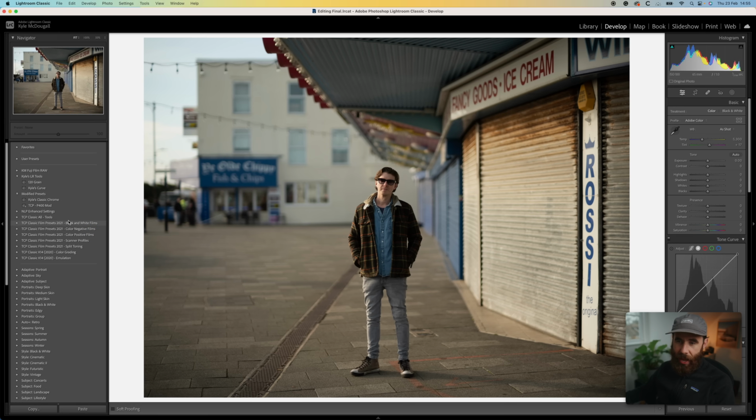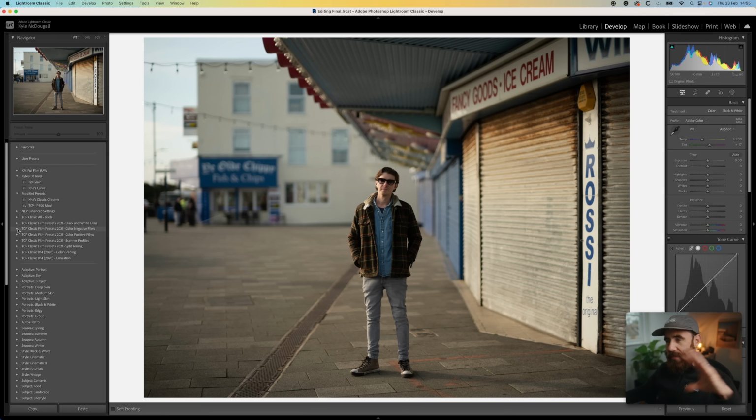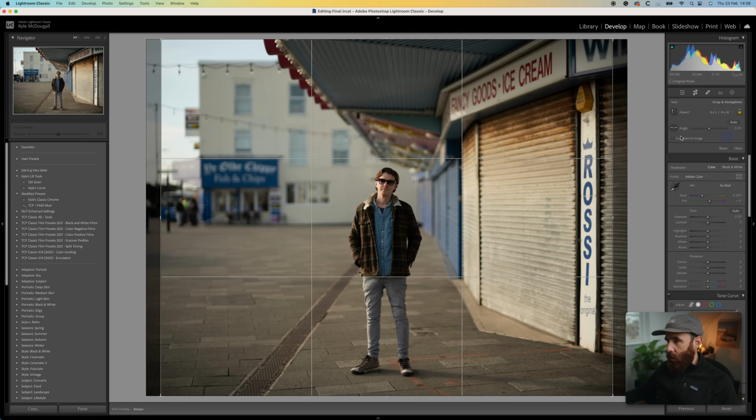You basically buy this pack, you get all these different ones. So there's color negative, color positive, you have all these different looks. And it's a matter of just finding the one in there that you like the best. So I'll show you that. There is one that I've been using quite a bit, but we'll go ahead and first crop this image,